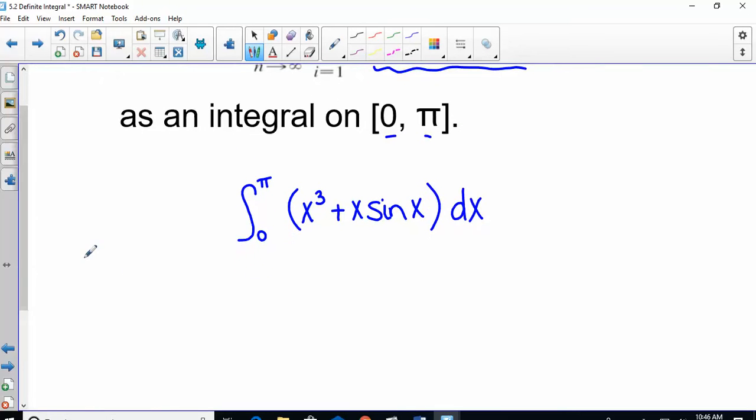I'm going to throw one more up here because I put some on the handout like this. A little later in this video, I'm going to talk about midpoint sums. We've done over and under estimates, and I talked about those as really left-hand and right-hand sums. We can also look at midpoint sums, so you might see something like the limit as n approaches infinity of the sum from i equals 1 to n of, let's say,